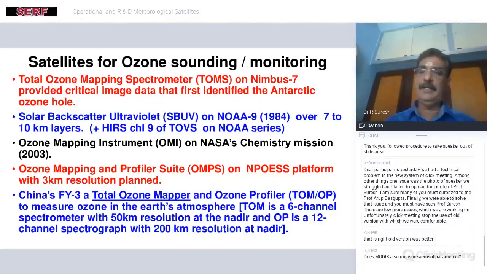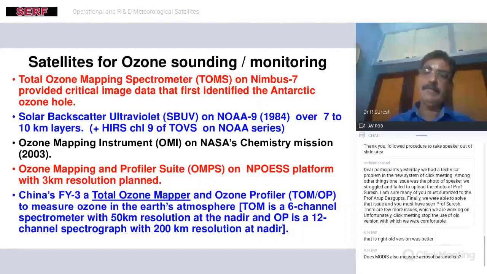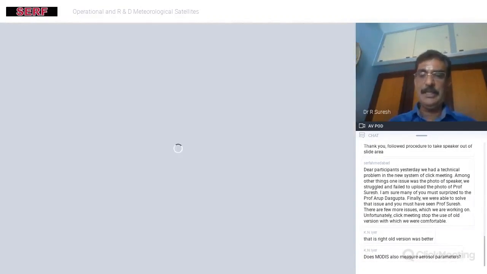So now with the ozone mapping, once it started coming in, the ozone hole problem, and how the ozone is going to cause climatic variability, the climate change concept, and then the global warming concept, that will be having a say. And then current day, the ozone sounders are on board.